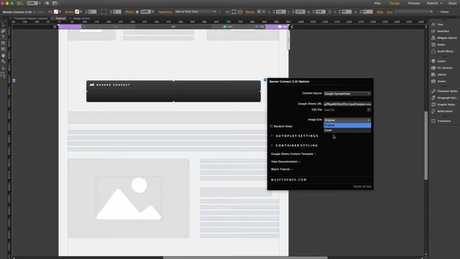As I mentioned earlier, banner ads have standard sizes. Now, typically, a designer will submit a graphic to a site's webmaster for ad placement, and that ad will already be sized to pre-designed pixel dimensions. And in that case, you want to use the original option here and match the widget container to the image